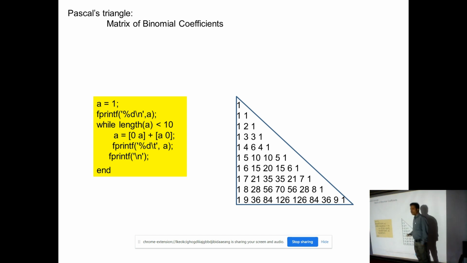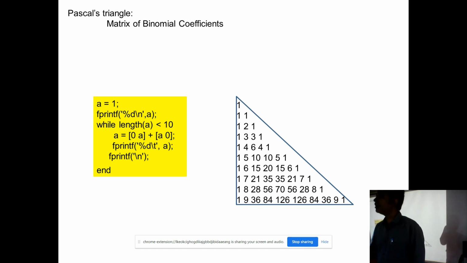That means if I take any number, that number is the addition of the two numbers in the previous row. See, for example, 10 is the addition of 4 plus 6. For example, 20 is the addition of 10 plus 10. You check any sequence. For example, 35 is the addition of 20 plus 15. Check any number, 56 is the addition of these two. For example, 3 is the addition of 2 plus 1. So this is called binomial coefficients,